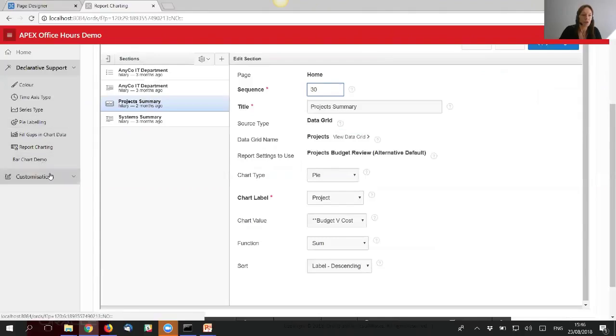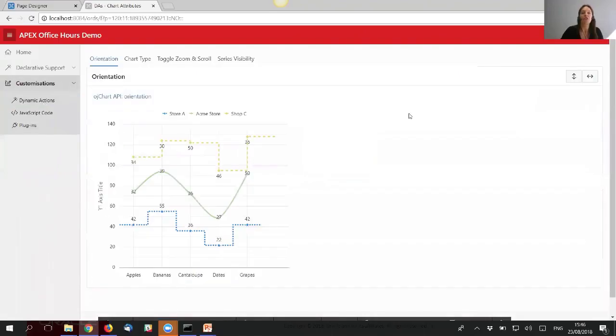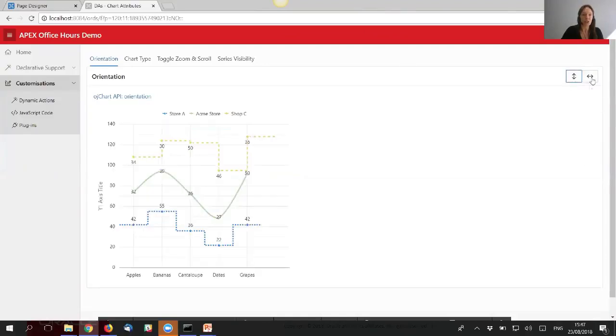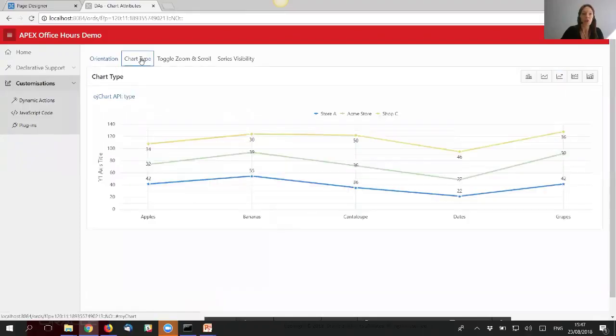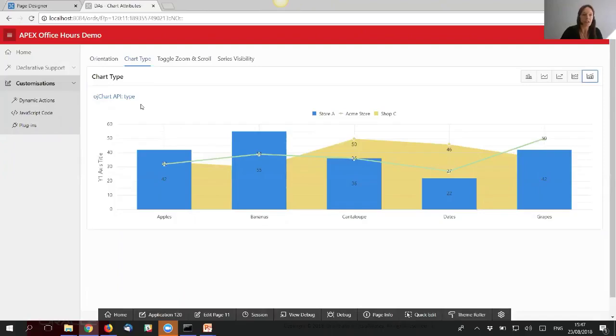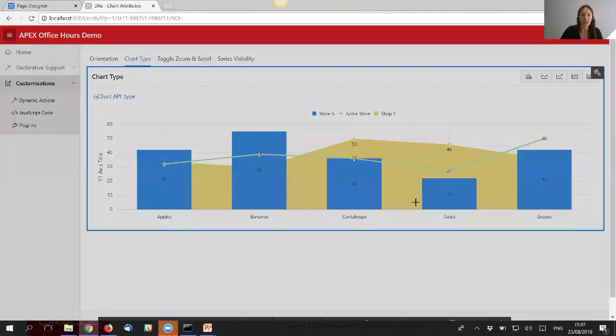So we also have a couple of customization options here, which I'll just quickly highlight before jumping into the Q&A session. You might want to give your end users a little bit more control over the chart that they're viewing. For example, if you want them to be able to change the orientation, which I'm doing using the buttons on the right, or indeed even the chart type. How that's done is through the use of a dynamic action and referencing, in this particular case, the OJ chart API type attribute. If we edit that chart,